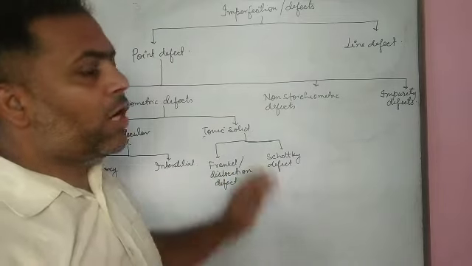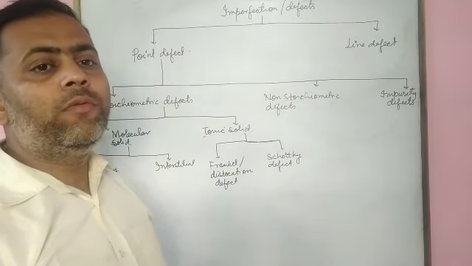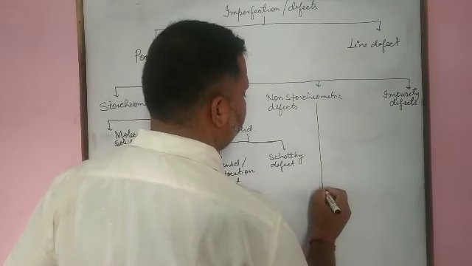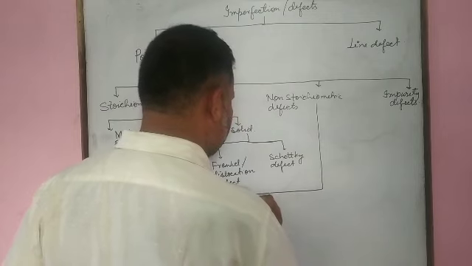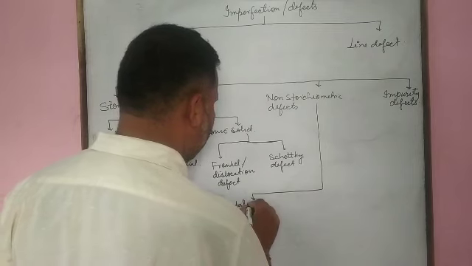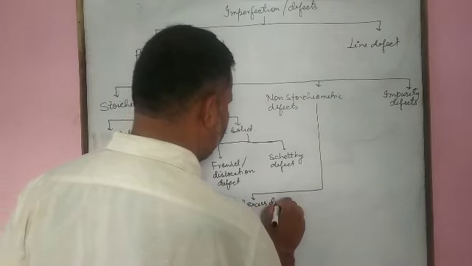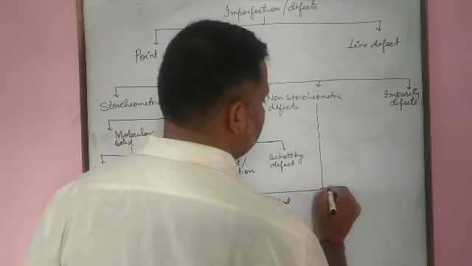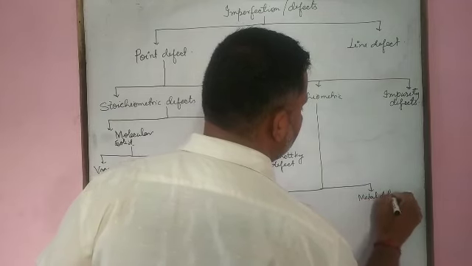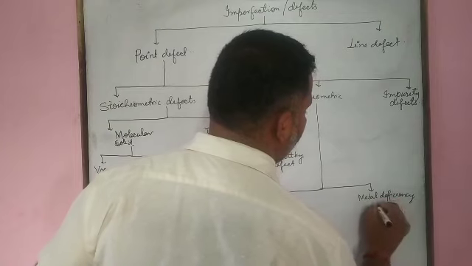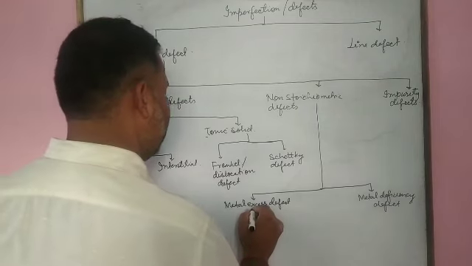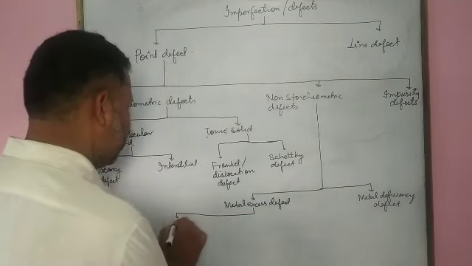In case of non-stoichiometric defect, it is of two types. What are the two types? The first one is known as metal excess defect, and the next one is known as metal deficiency defect. Metal excess defect is of two types. The first one is metal excess defect